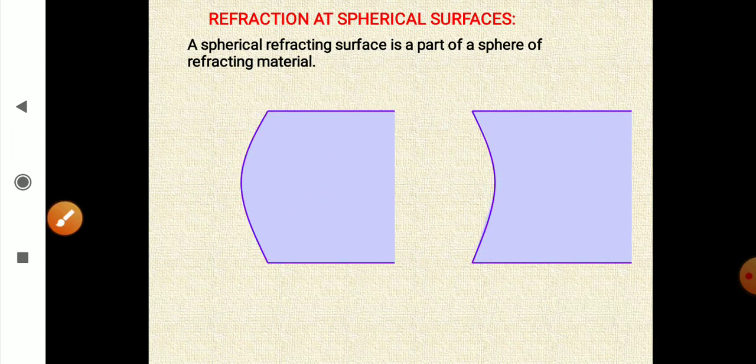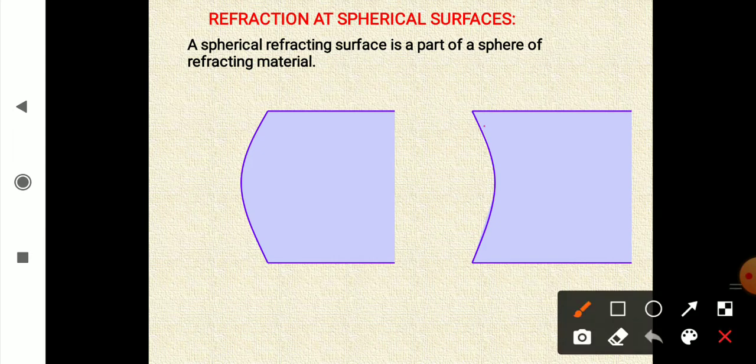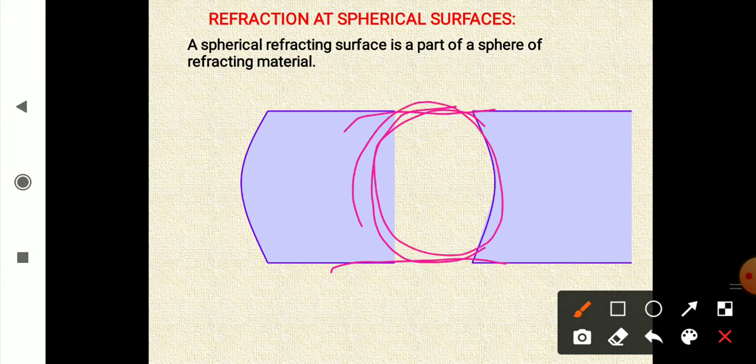Like, say if I can complete a circle like this, and if this had been continuous like this, and from this cylindrical glass, if this sphere is removed, then this part